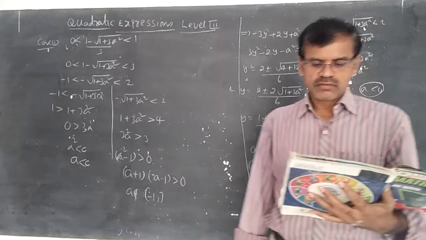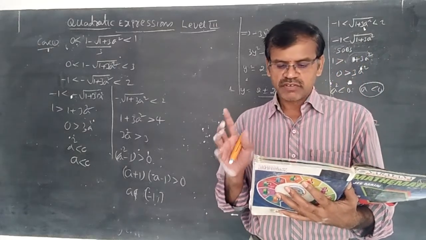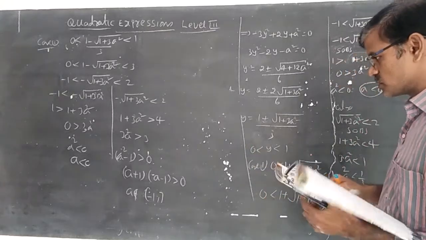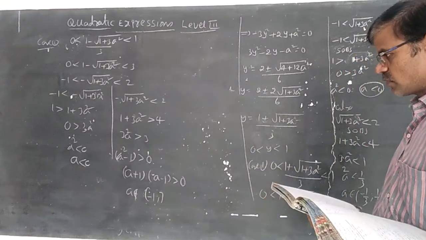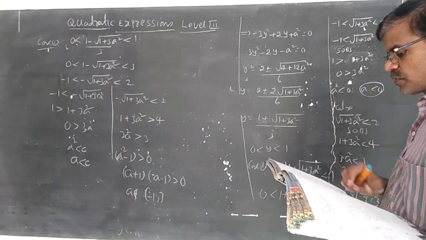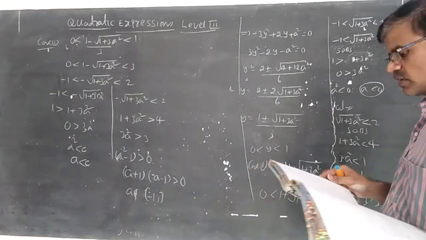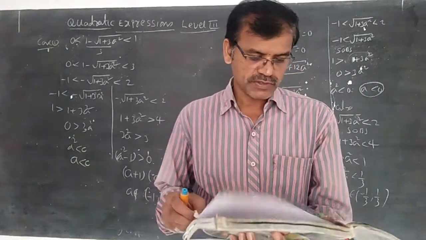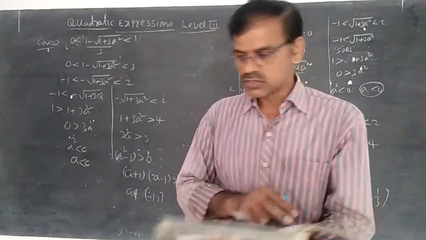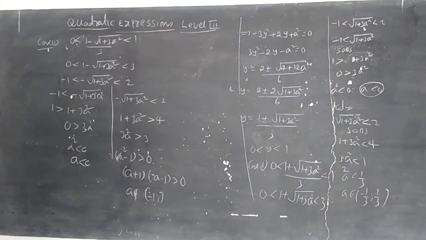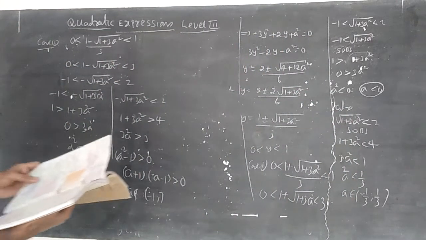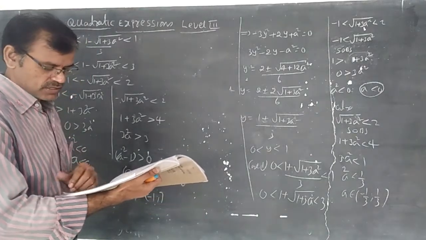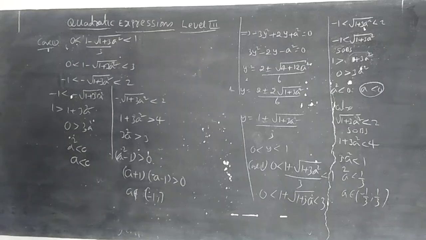Now, here he is asking that it is not having integral solutions. So whenever it is not having integral solutions, here a does not belong to minus 1 comma 1. So always a plus 1 into a minus 1 less than 0 we will get. Here the option given in the 41st question is the first option. Let us discuss the old material. In the 41st question, he gave the fourth option. It is also wrong.